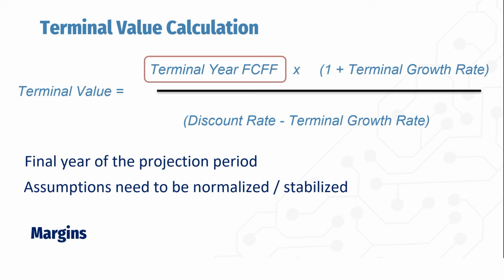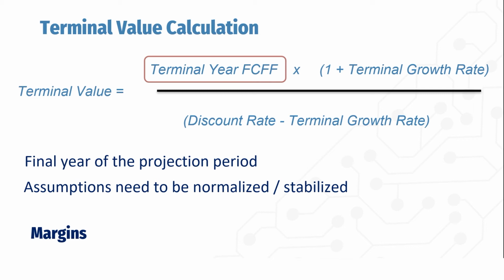So first we start with margins. When we talk about normalized margins, we can look at the gross margin, the EBIT margin, and we can also include the effective tax rate here. We typically make reference to the target company's historical margins to derive a margin which is normalized. But you can also benchmark to the margins of comparable companies, which serves as a really good reasonableness check.